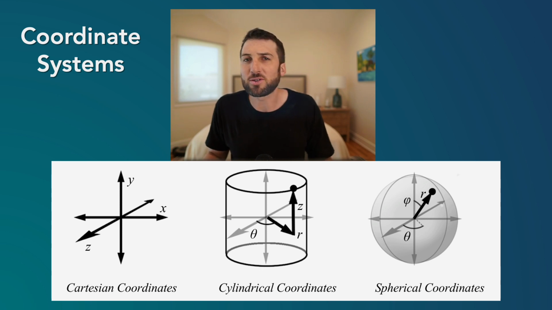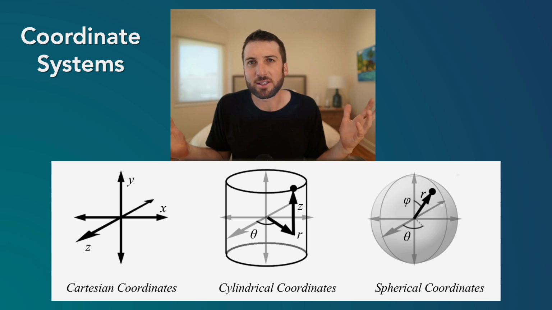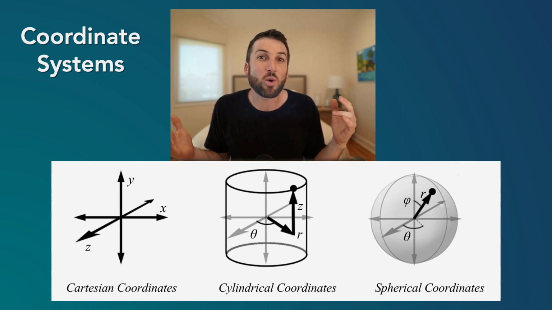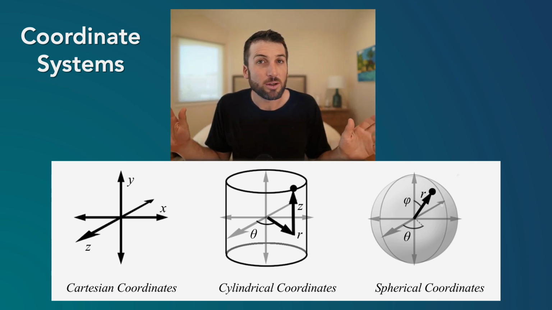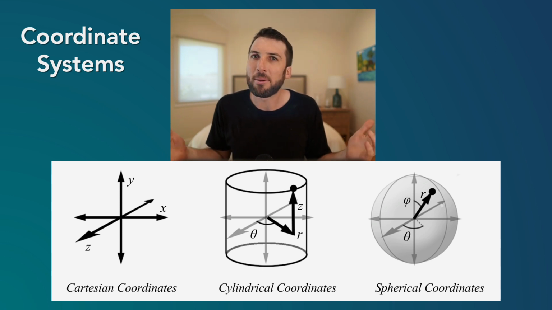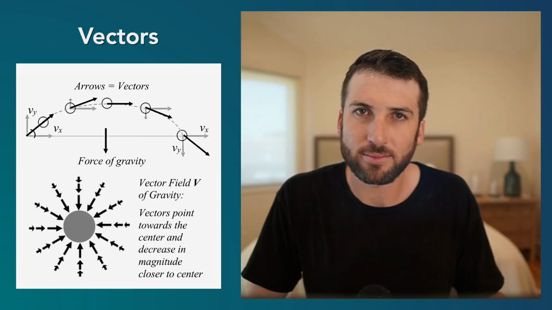And this can be really useful for studying a planet or a spherical symmetry like atoms and lots of other things. These coordinates make it easier to do calculations. So all three, and any other coordinate system that is orthogonal, should produce the same results. But depending on what system you're studying, you may use one or the other.